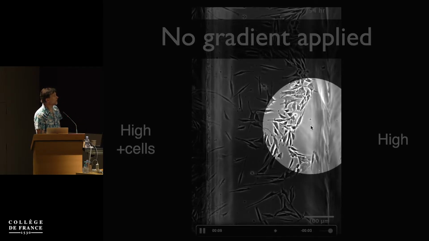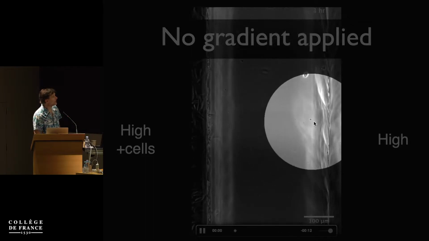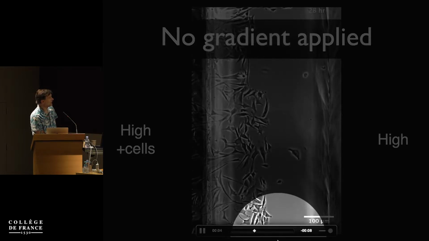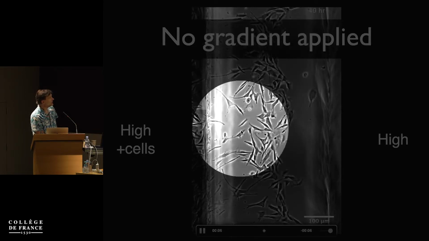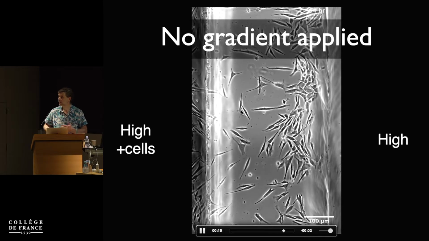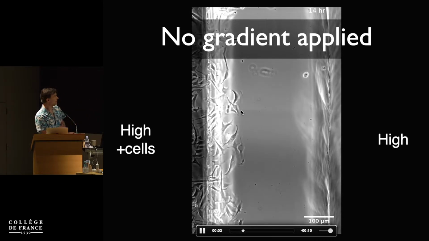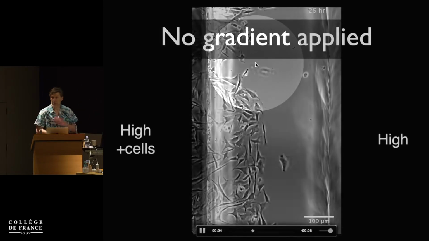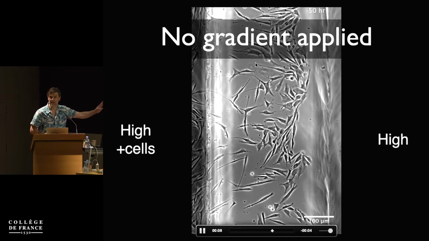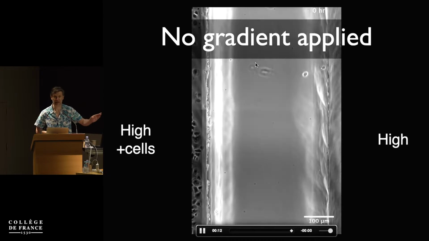So this side is high and this side is low. And you can actually see what I'm saying is right, because do you see you have this wave of cells along here, and everyone behind this wave has no direction at all. And the reason they have no direction at all is that the cells in the wave at the front there have consumed all of the chemoattractant. Now, in this assay, the chemoattractant is LPA, lysophosphatidic acid.